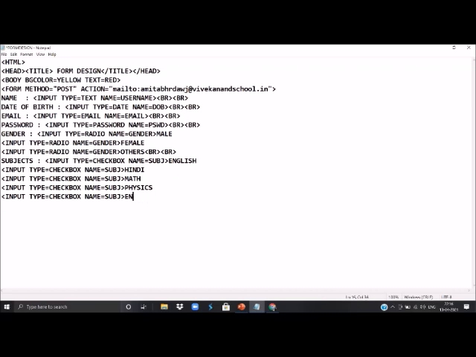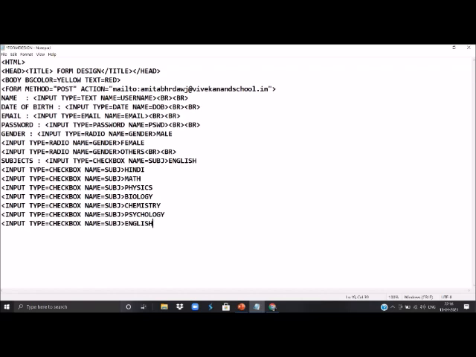then biology, chemistry, psychology. So as many options as we want to give, we can give, and out of all these options the user can select multiple options.